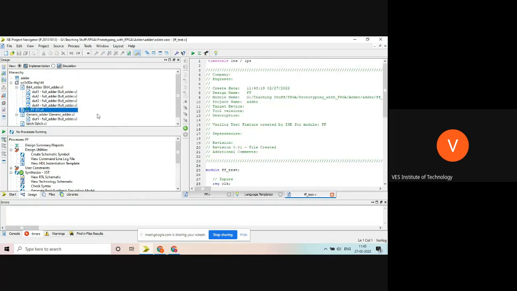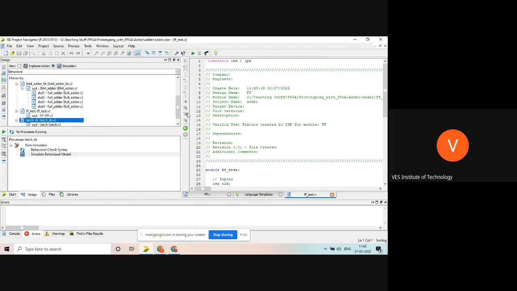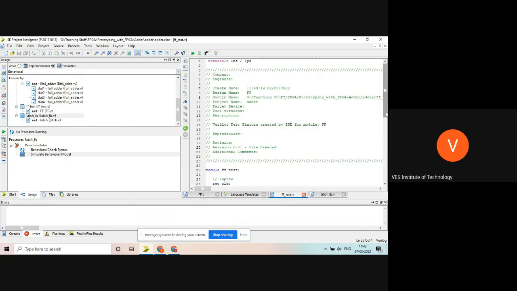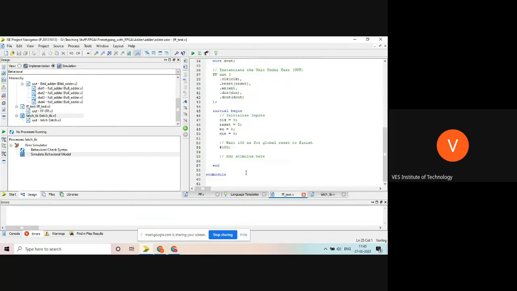Only you have to check the difference in the output. The test bench, technically there is no difference. It is the same thing which I have used. Nothing has been changed. Everything is similar.